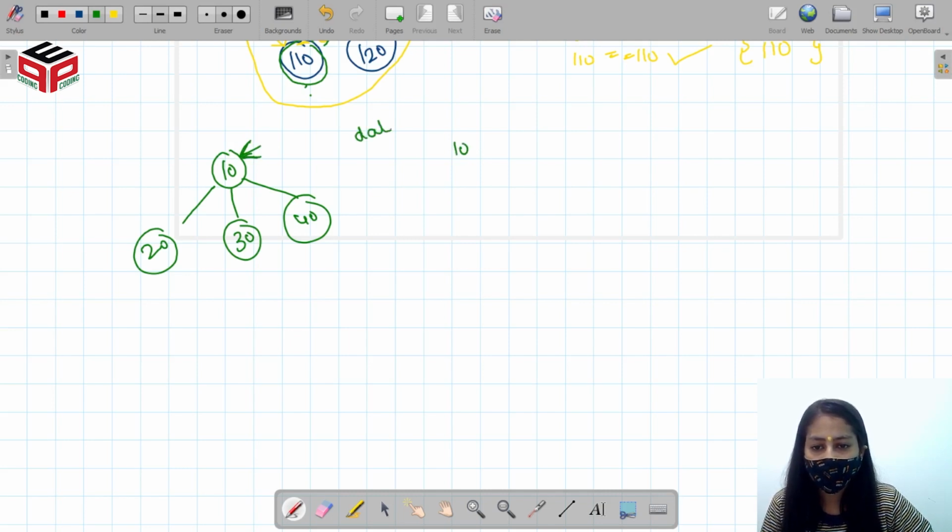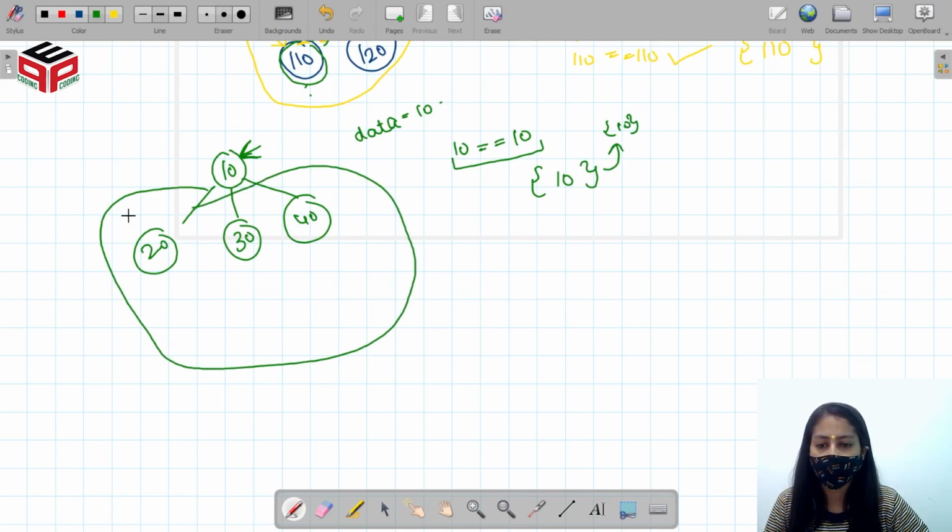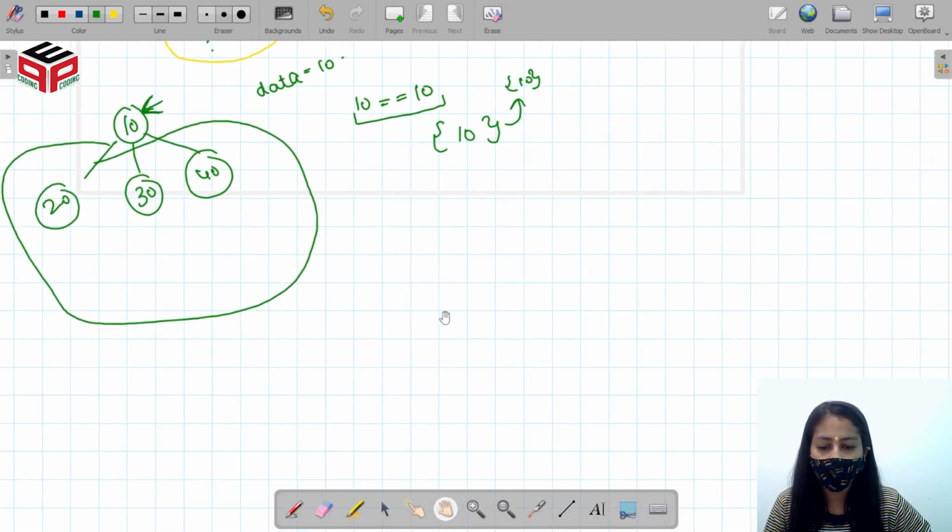Let's say the data is 10. As soon as it finds the answer true, it will create a new array list, add itself to that array list and return that array list as the answer. So we don't need to traverse the rest of the tree, right? I hope you understand the concept.